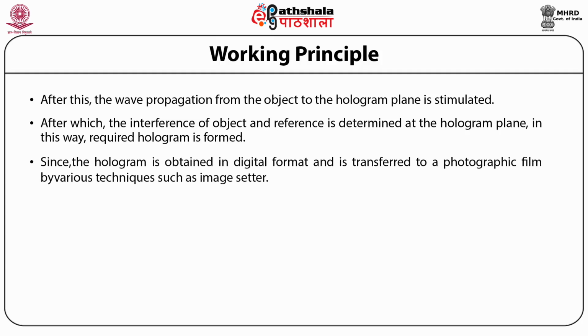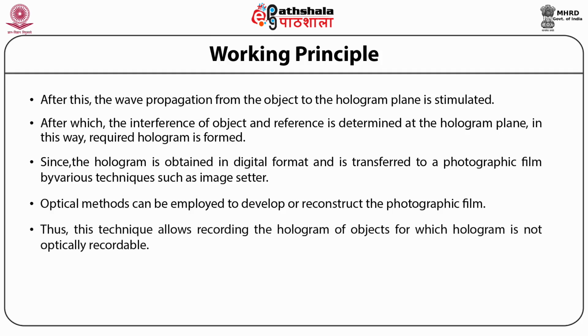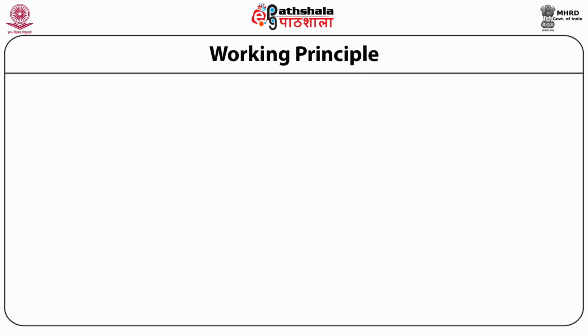Since the hologram is obtained in digital format, it can be transferred to a photographic film by various techniques such as image setter, and optical methods can be employed to develop or reconstruct the photographic film. Thus, this technique allows recording the hologram of objects for which hologram is not optically recordable. This technique is also termed as computer-generated holography and is often employed in making display holograms. Figure 4b